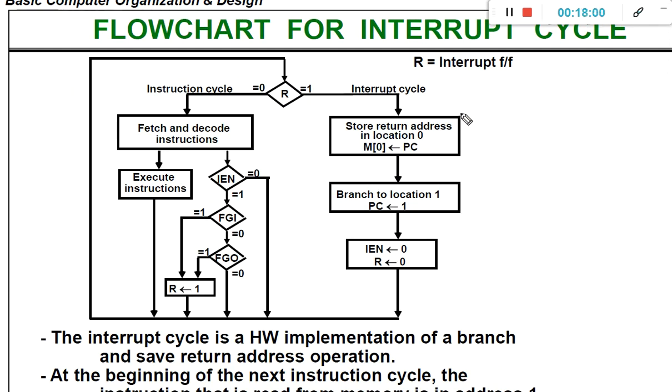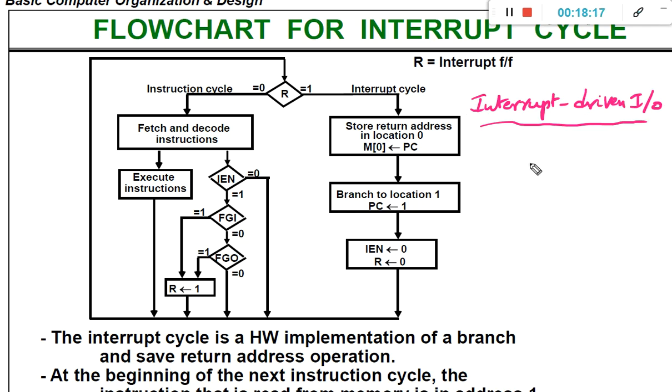Okay, now the second way to implement the IO is interrupt driven IO. So what is the difference between the programmed IO and interrupt driven IO?